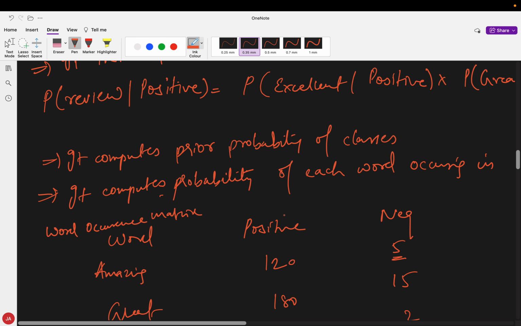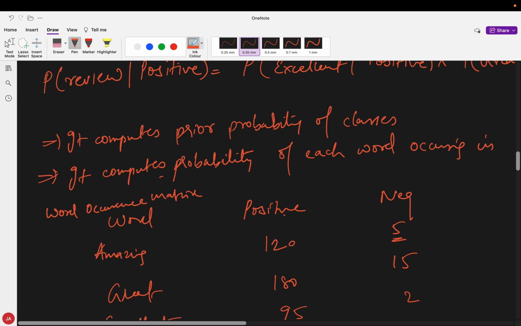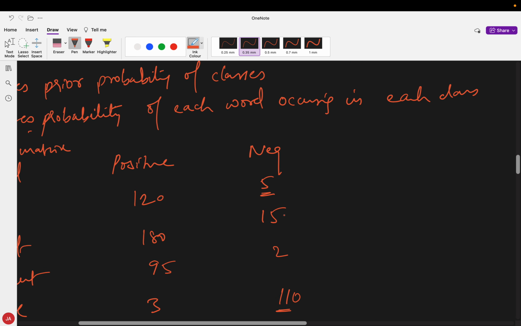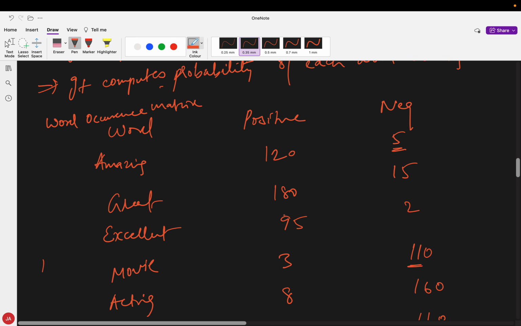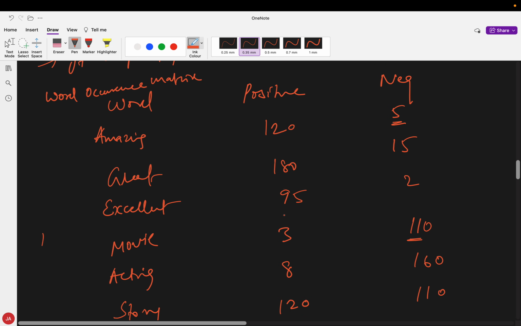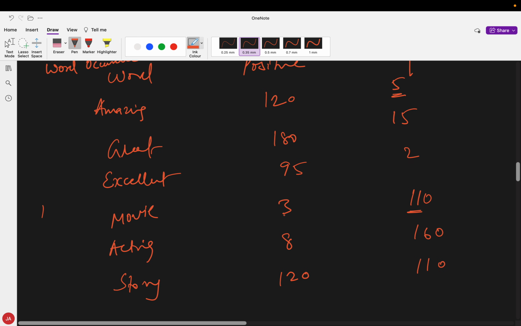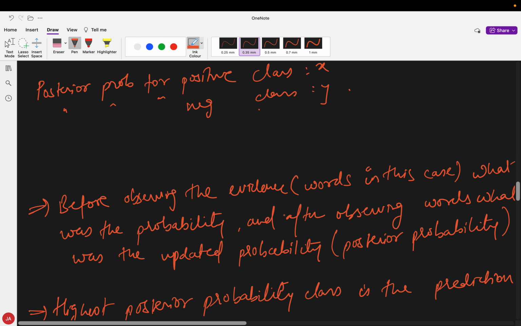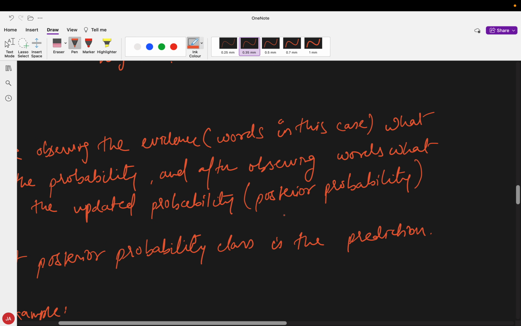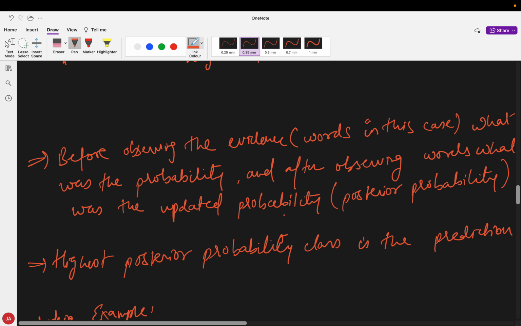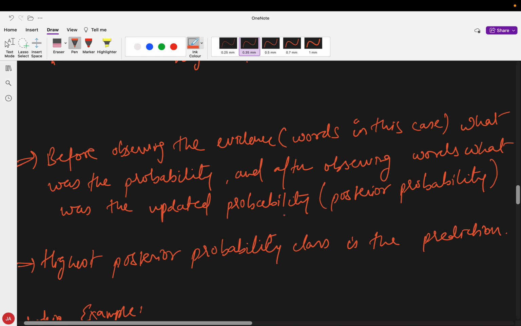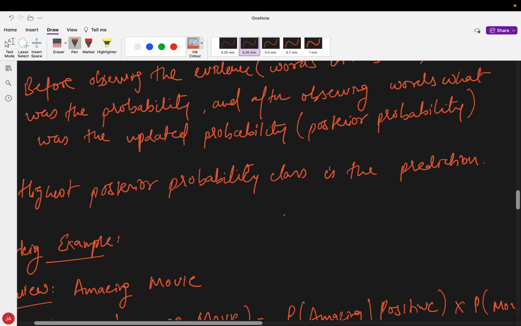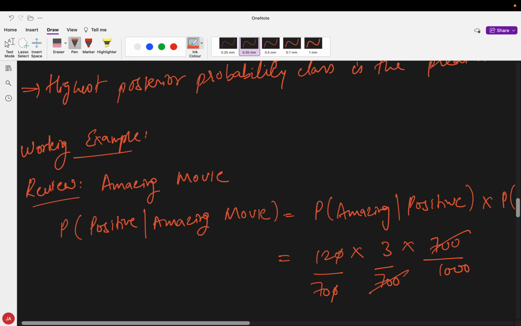So that is the assumption naive Bayes is making. So how does it work? It computes the prior probability, it computes the probability of each word occurring in every class, and builds a co-occurrence matrix. Using this co-occurrence matrix, we can find the posterior probability. Before observing the evidence, words in this case, what was the probability, and after observing the words, what was the updated probability, that is the posterior. So the highest posterior probability class is the prediction,